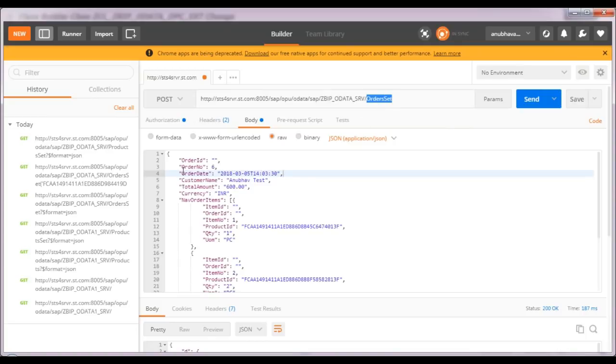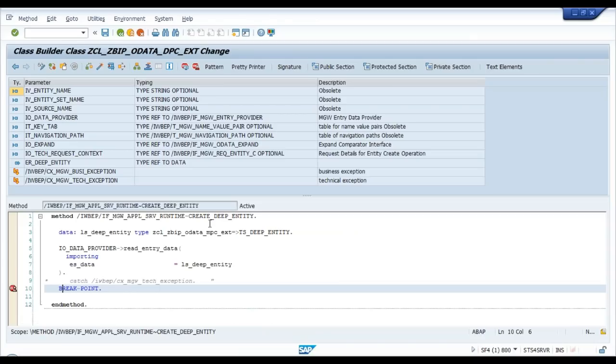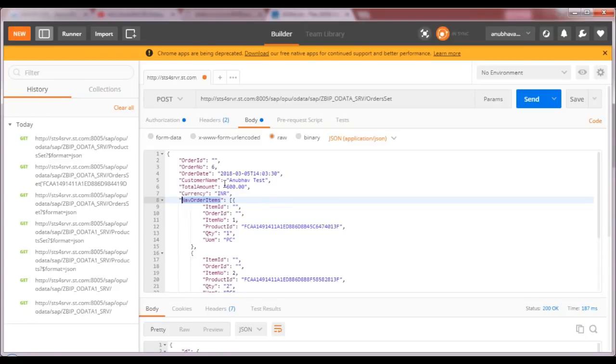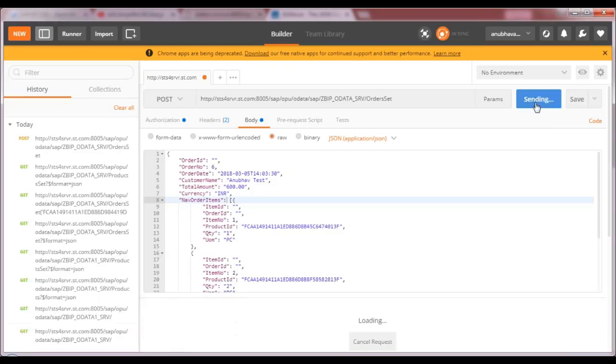Remember, though you are posting on order set, the system will analyze that it also has the nav order items, which means you're trying to insert data with a nested internal table. So system will always hit your deep insert method. So now let's see if the breakpoint hits above or not. So I'm making a call now. I make a send request,